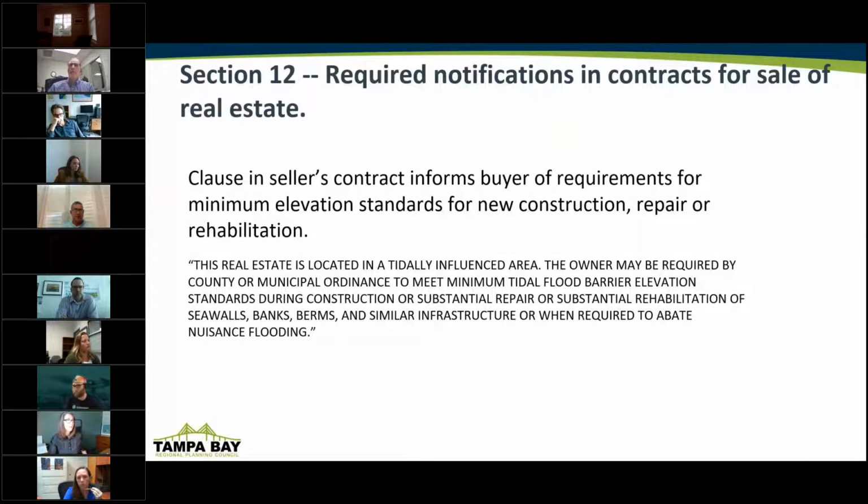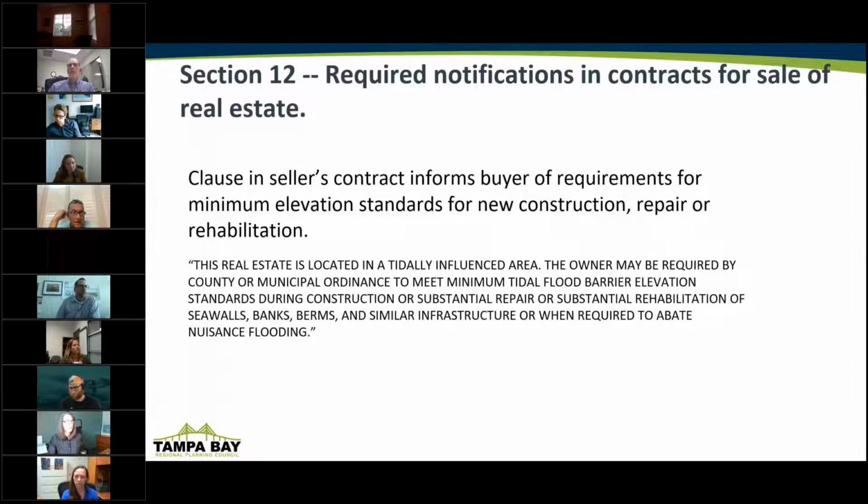Notifications. This may seem obvious, but we felt that as you start to define these expectations for property maintenance and improvements that need to be made to a property, it should be included in your real estate contract. Now, local governments have the opportunity to put this as a requirement. We're also talking, one of our chairs is interested in taking this to the state level, because it's just